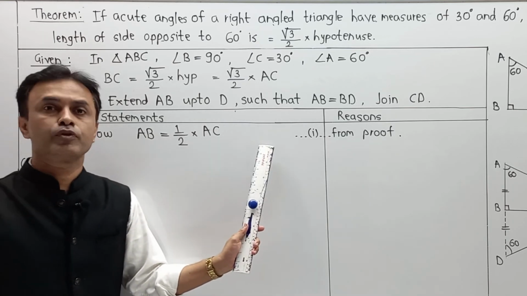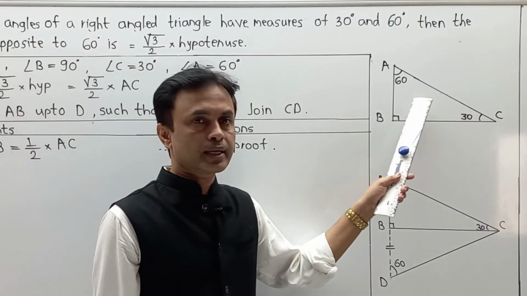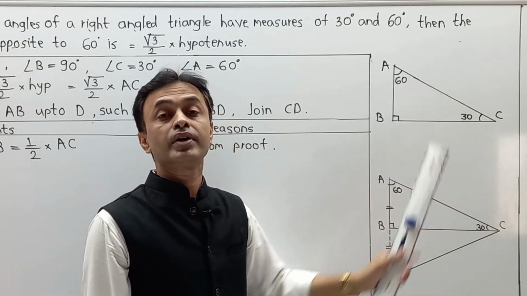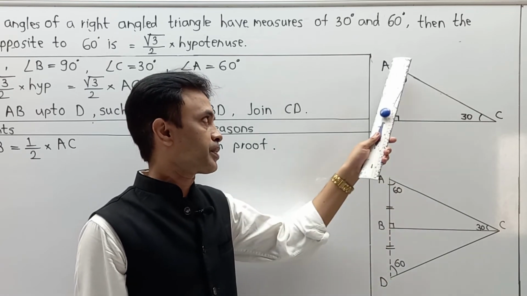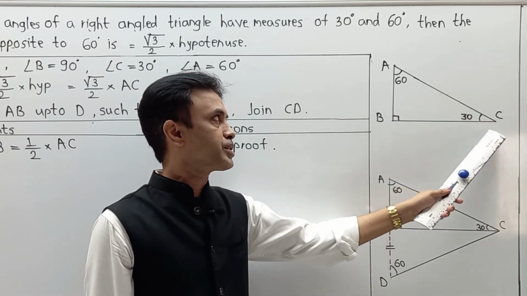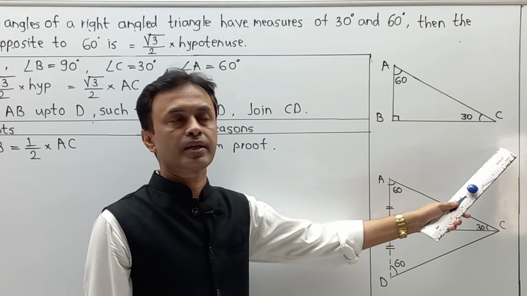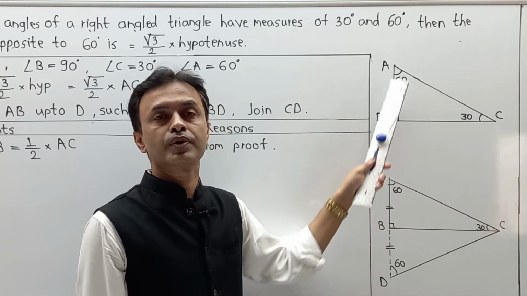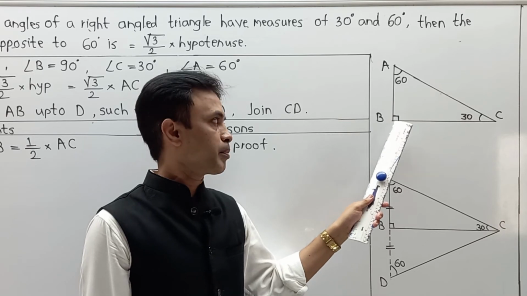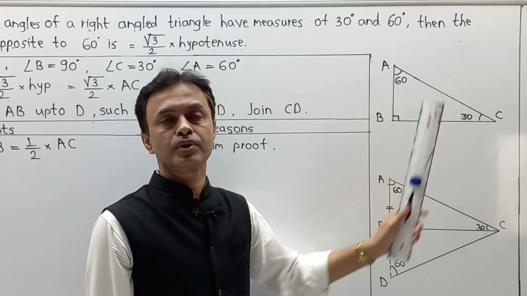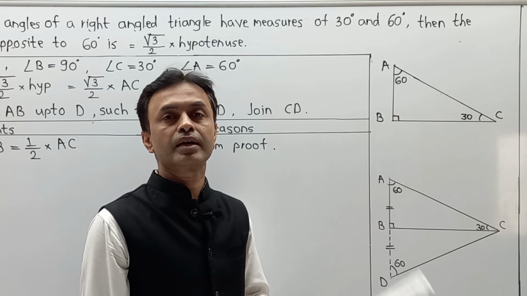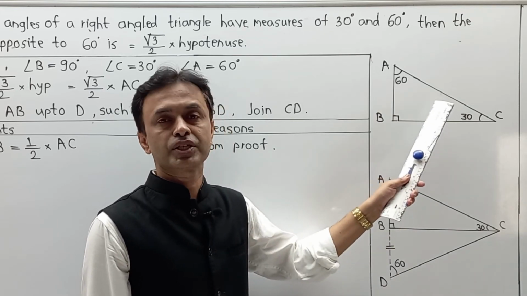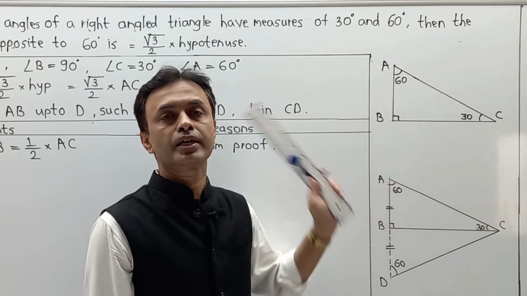Now what exactly is the proof? Try to understand. Here in triangle ABC, we are using the concept of the Pythagoras theorem: AB square plus BC square is equal to AC square. Now AB is nothing but half of AC, so we put half of AC, whole square, plus BC square is equal to AC square, and after that we come to the simplification and complete the proof. Simplification is most important for understanding, so pay attention to the proof.